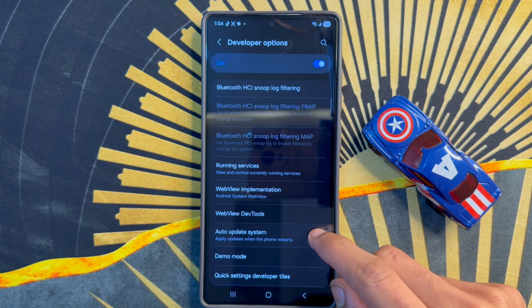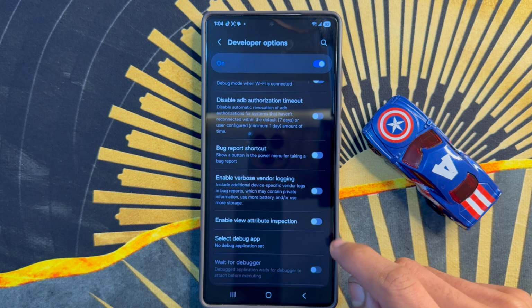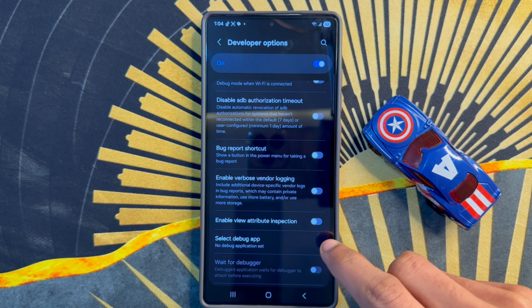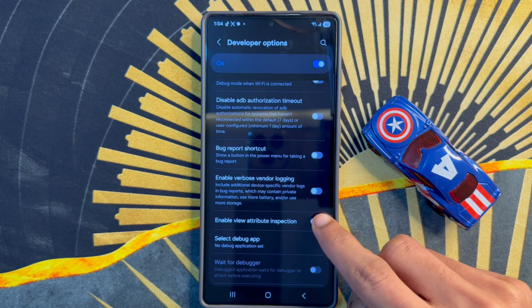So scroll down and search from here. You will see enable view attribute inspection is here. If you want to enable view attribute inspection, turn on this button. After turning on this button, you will see enable view